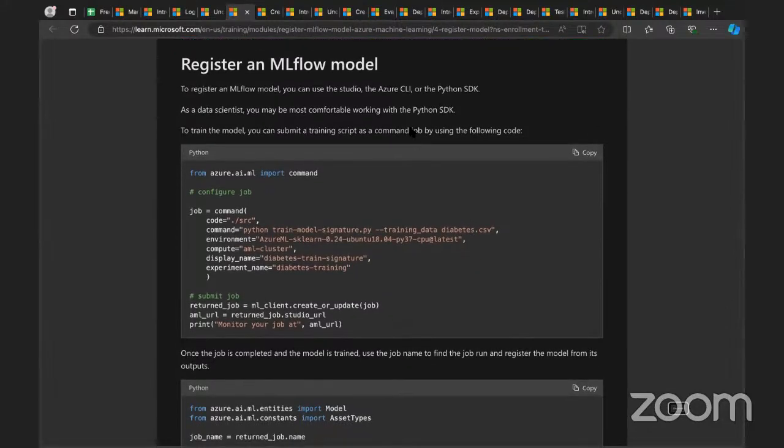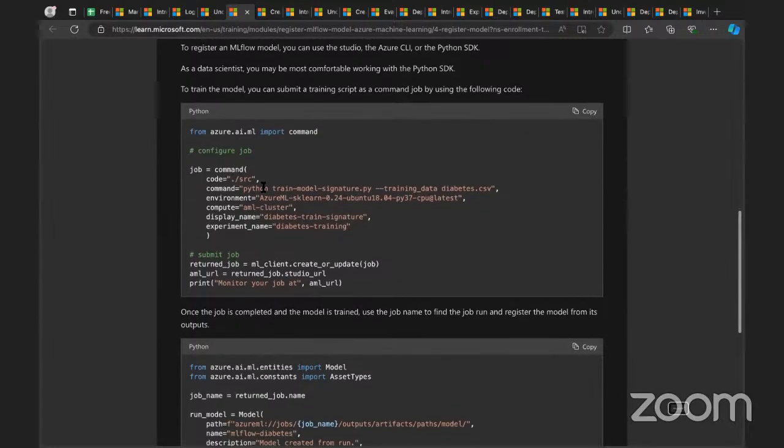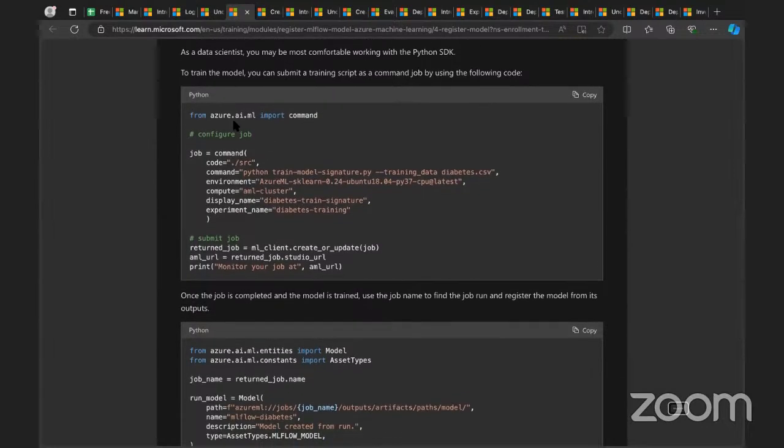So now they're showing you how to train the model. This is the script that you use. And like I said, try to understand how this code works. Don't let it scare you, but understand exactly what's going on in there. Command: python train-model-signature.py, training data diabetes.csv file. Environment,